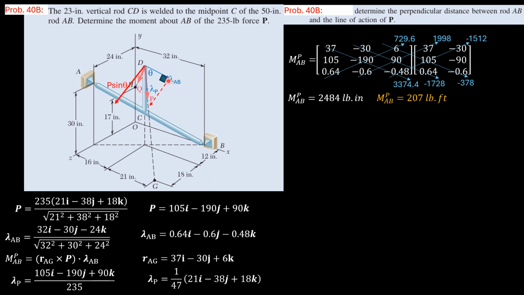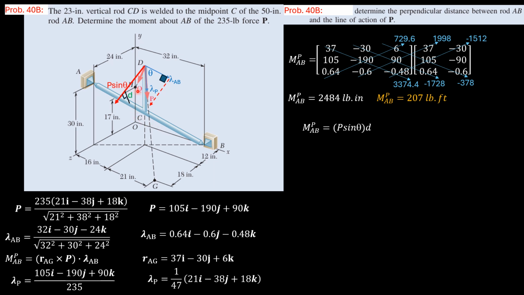The component of P perpendicular to AB is the one that has moment about axis AB. So that's perpendicular. So this is P sine theta. The component of P, the hypotenuse, then sine of theta, which is equal to this. I just transfer it here, and that's P sine theta. And the sense of moment is positive, because if you position your right hand towards B, the force will curl in the same curling of the four fingers. So it is P sine theta. The moment of P about AB is P sine theta times the perpendicular distance of this line of action to axis AB. So that's the perpendicular distance D. So moment is P sine theta times D.